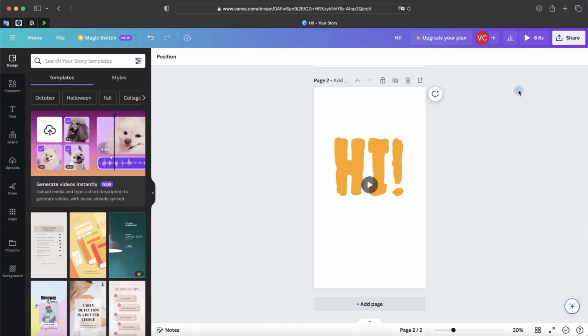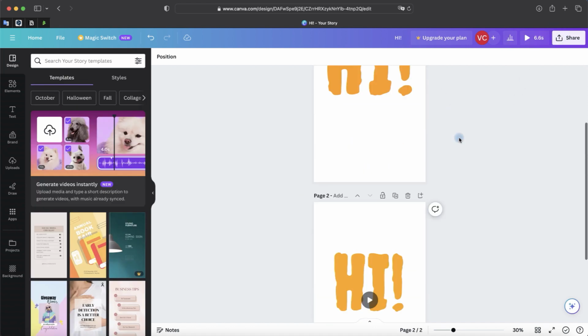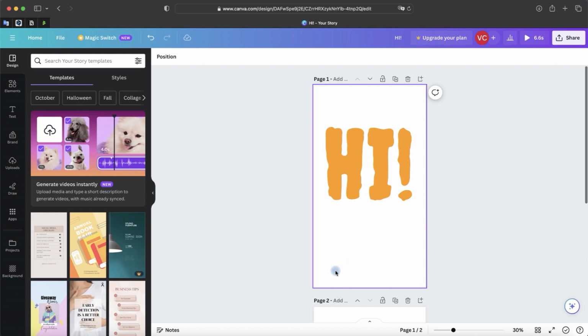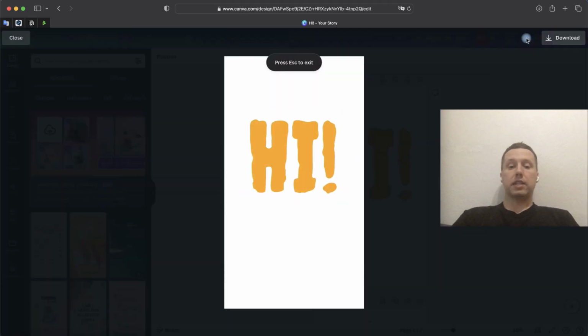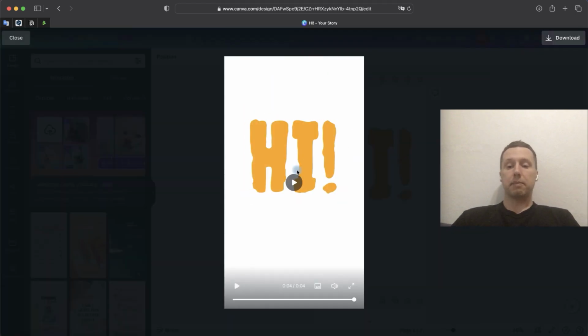Another way to change the duration of the animation is to just click on the canvas, not on the text. Pay attention but on the canvas, and see that we have a choice of duration here. We click and we say that we are going to have a duration of exactly 2 seconds. We can apply this to the current page or to all pages. All selected, let's check how it looks in dynamics. And here we have 2 seconds for the first page and 1.5 seconds for the second page. So that's how this short animated video looks.